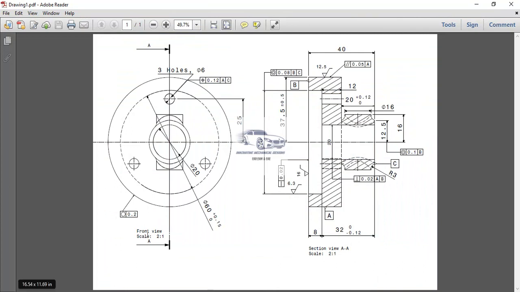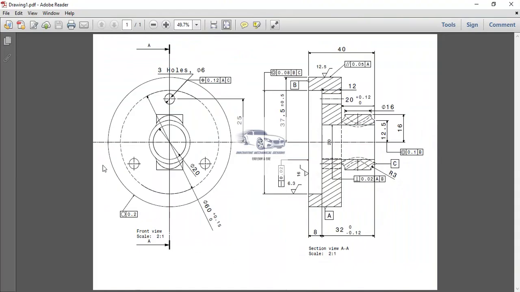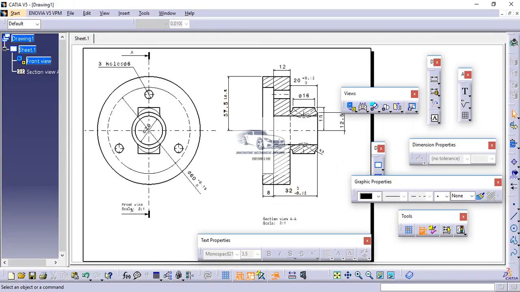Now the first geometrical tolerance is this. So what is the meaning of this symbol? This symbol represents the geometric tolerance of circularity or roundness. The meaning of this symbol is when this particular circular profile or cross section is manufactured, then there is a deviation of 0.2 from the ideal shape of a circle. Means when this job is manufactured, this cross section will not be a perfect circle and will deviate by 0.2 mm from the shape of an ideal circle.